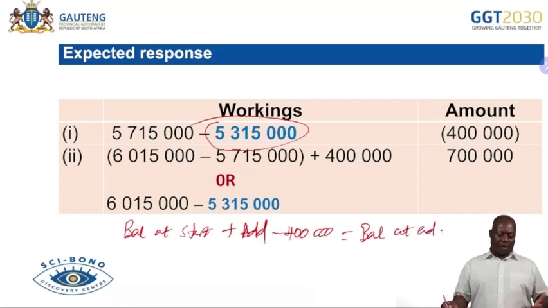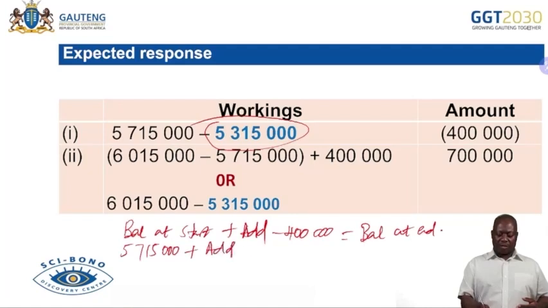Now, according to the information provided to us, the balance at the start is 5,715,000 plus addition, we don't know how much it is, minus disposal 400,000. It's going to give us the balance at the end,